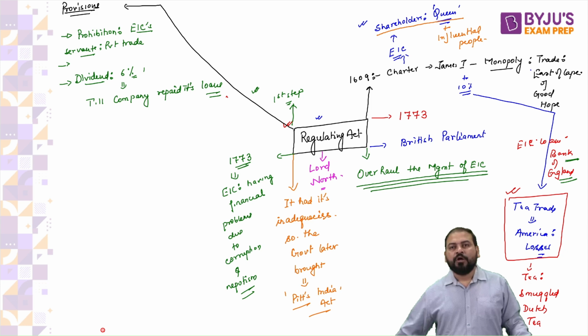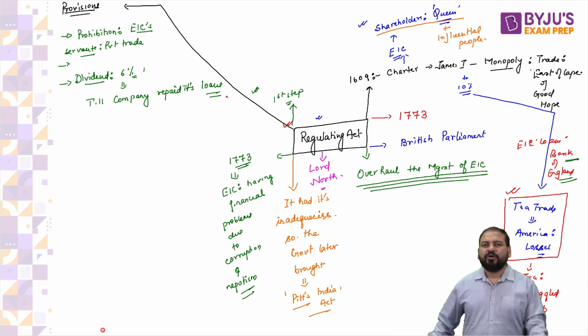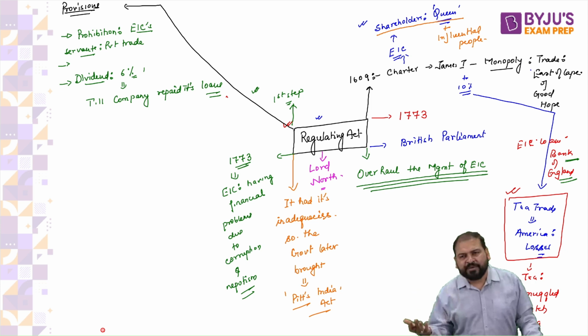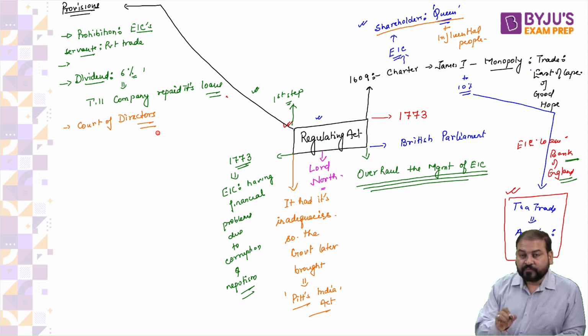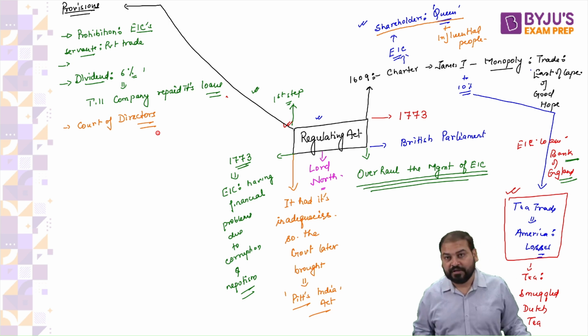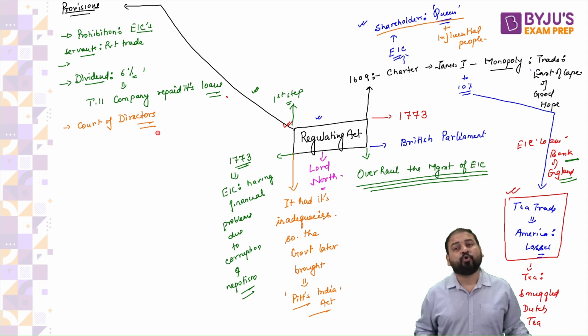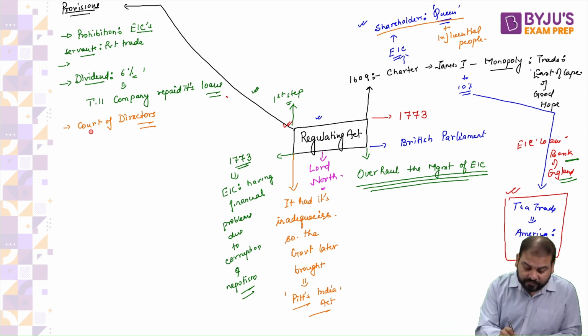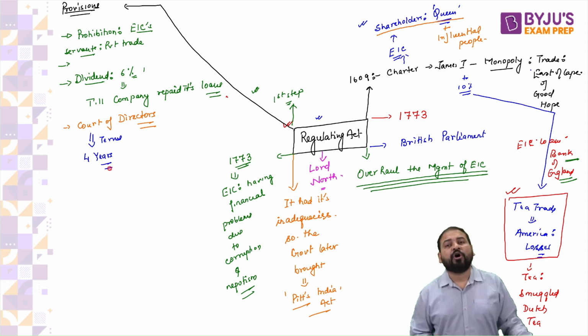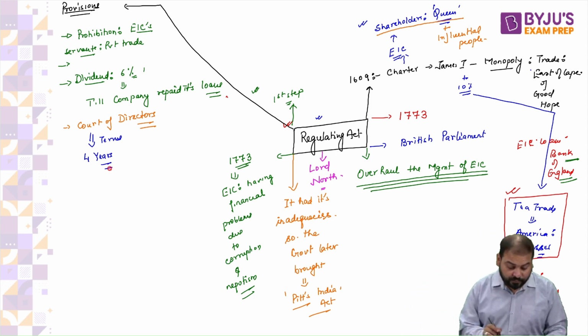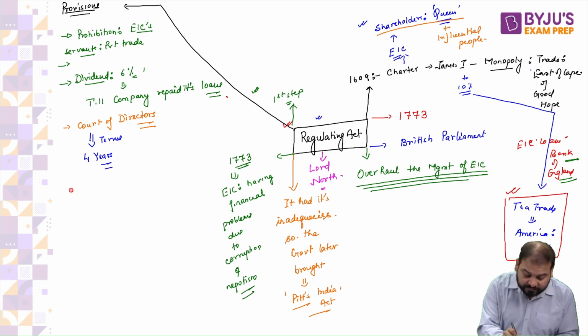Now, guys, the company was ruling India, so they must have had some management. In those days, this was the court of directors. In civil services, we had seen this word, and in the 1857 revolt, the GOI Act 1858, we had seen this court of directors. Their term was limited to 4 years. That is, the court of directors will not be there for more than 4 years. The most important point of this,